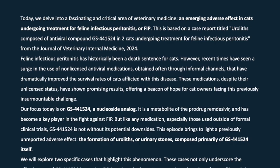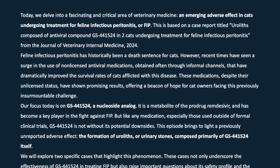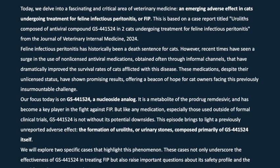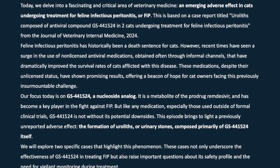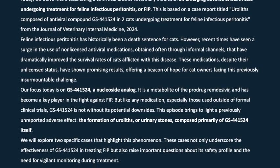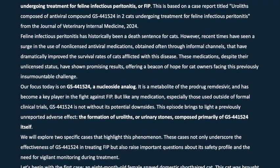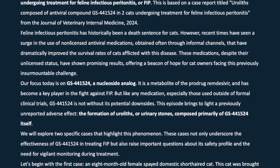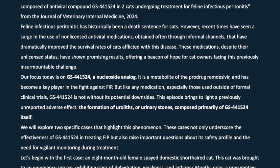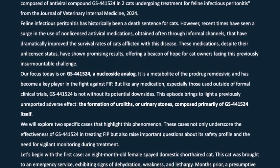Feline infectious peritonitis has historically been a death sentence for cats. However, recent times have seen a surge in the use of non-licensed antiviral medications, obtained often through informal channels, that have dramatically improved the survival rates of cats afflicted with this disease. These medications, despite their unlicensed status, have shown promising results, offering a beacon of hope for cat owners facing this